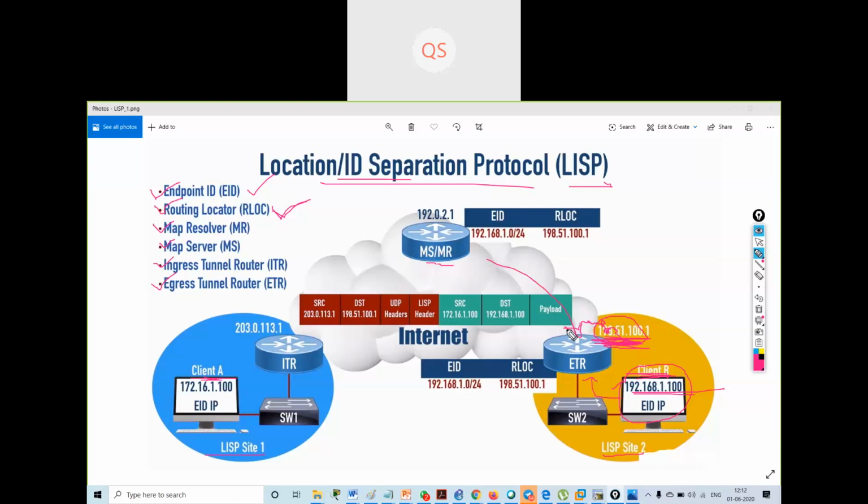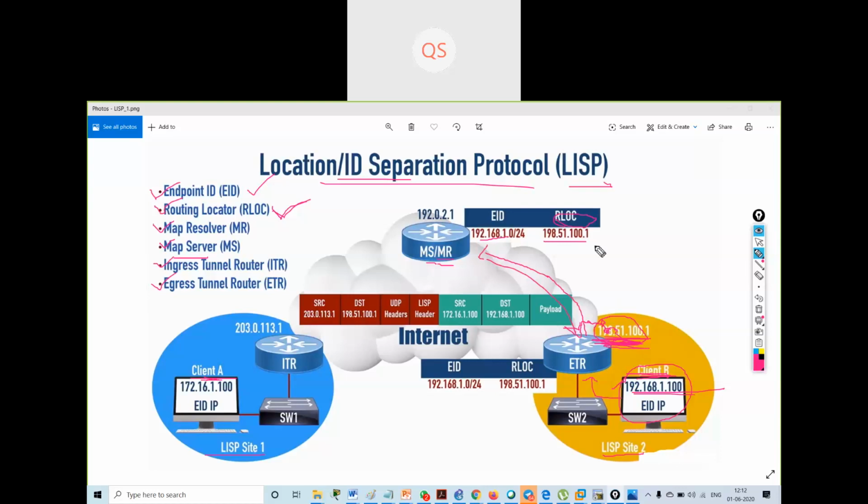Then this router sends an entry to the map resolver and map server that the 192.168.1.0 network is at RLOC 198.51.100.1.